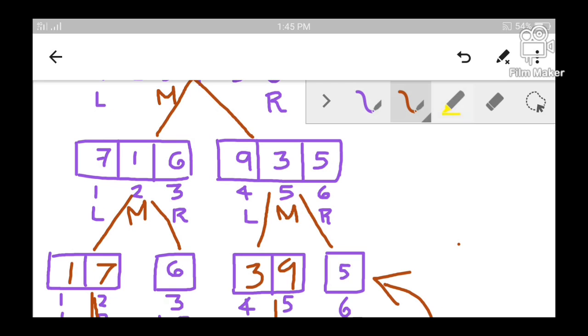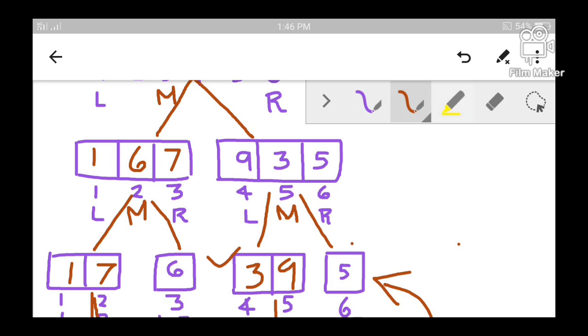I have decided to take these 2 arrays. First array is sorted and the second array is also sorted. I have decided to merge these 2 arrays. While merging these 2 arrays, the result of merging is also a sorted array. So when these 2 arrays are combined together using merge operation, instead of 7, 1 and 6, the elements we get will be 1, 6 and 7. Similarly,